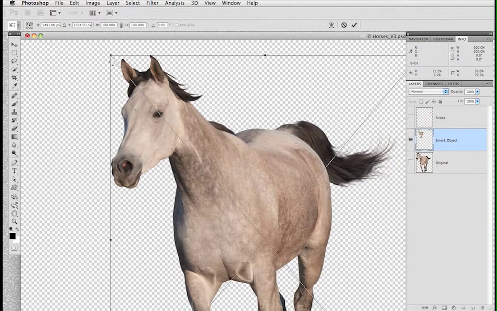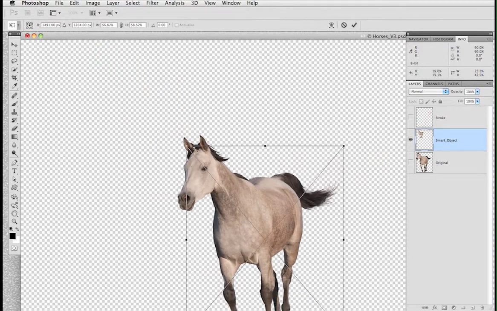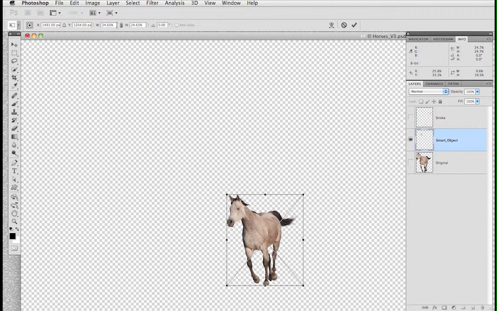And again, if I Option or Alt Shift drag from all four corners and take it down to 25%, and I'm close enough here upstairs in this transform option bar, but again, if I click the link button and go to 25 and hit enter or return,